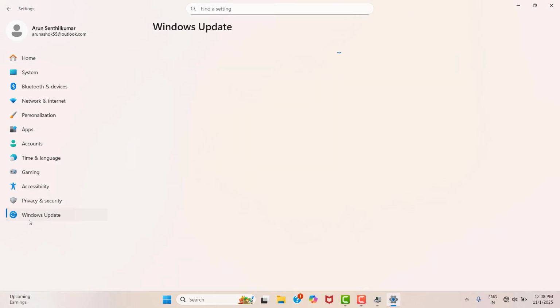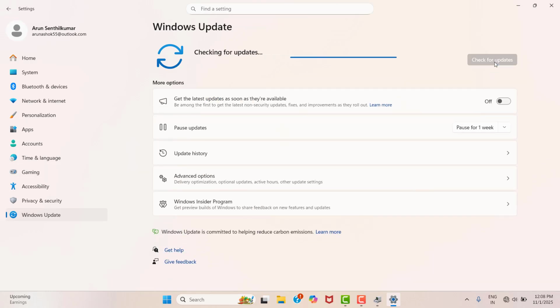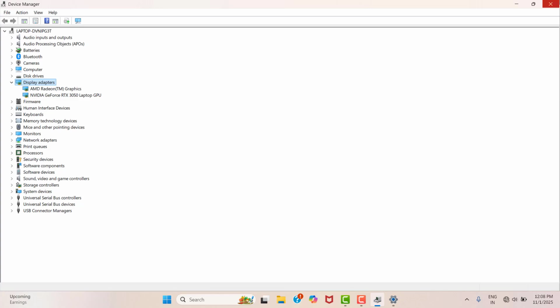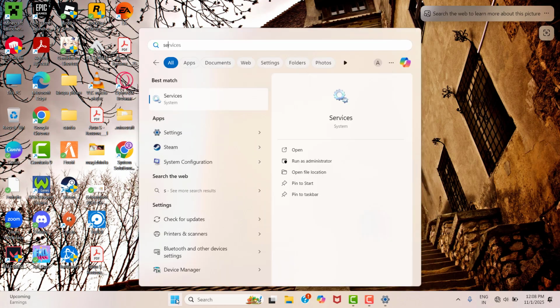Windows Update. In the sense, you need to enter your Settings. Over there, go to Windows Update and check for updates. There it may show that your GeForce needs to be updated. Once it's done, please close all the tabs, and the second step is that you need to enter